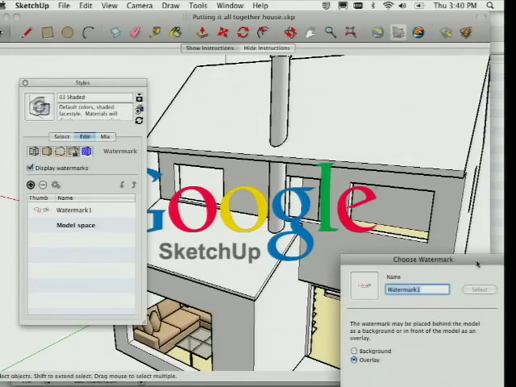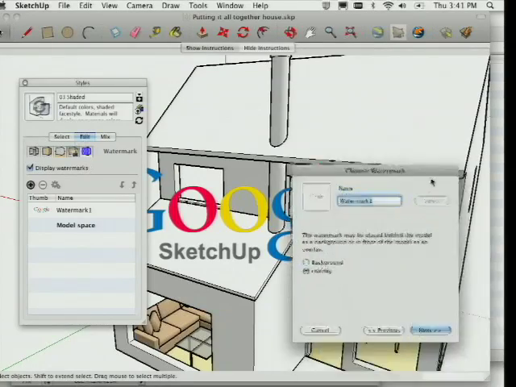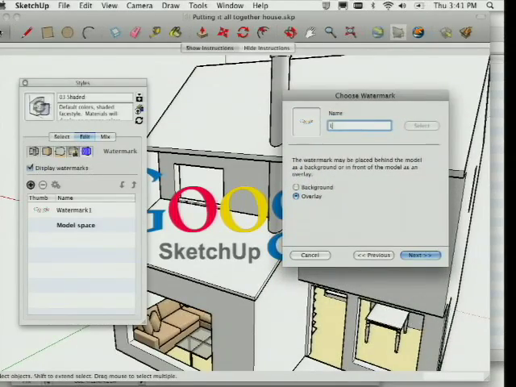No transparency, no background. So that's how you get something with transparency in it. You go into Photoshop, you cut out the stuff you don't want to be there, and then you save it as a PNG file, and that's how you get transparency in a watermark. Let's call that again,